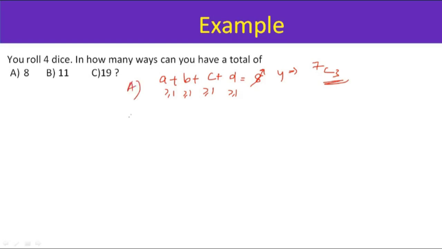Yes. So this is part number A. Part number B was A plus B plus C plus D is equal to 11. Everything can be greater than or equal to 1. We'll give them 1 each. The new sum will be 7. But here we know